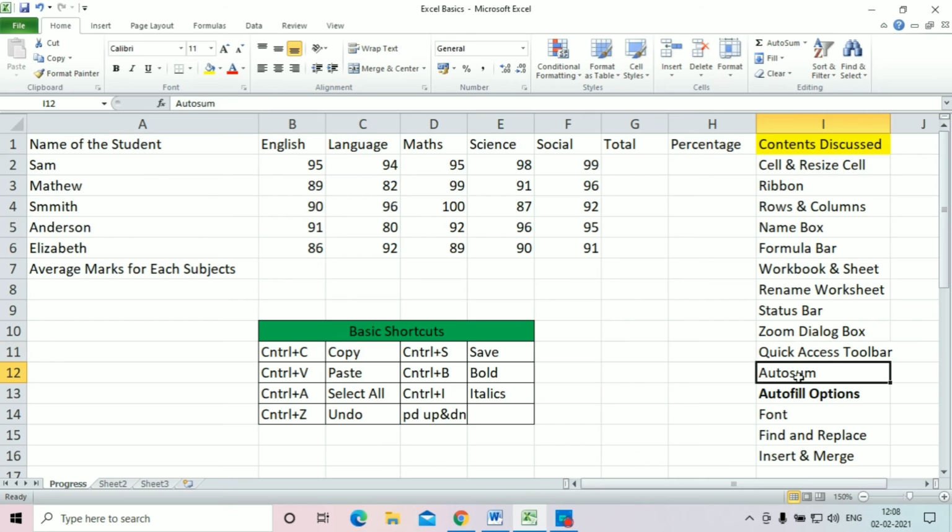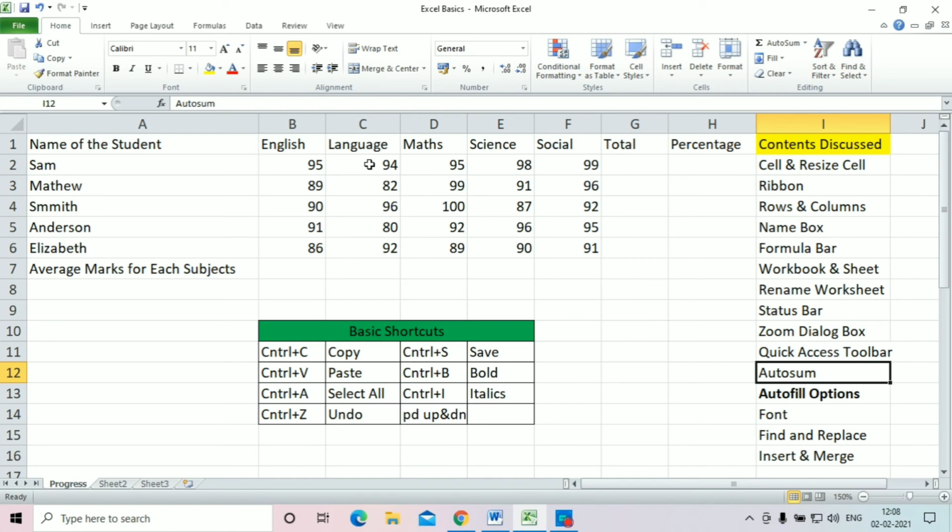And what is auto sum? Auto sum is a special feature from Excel. It is for beginners. Auto sum will be perfectly all right to handle some data, and you can also have a practice as well. So practice is definitely important. As you practice, you are going to learn a lot of stuff and become handy as well.